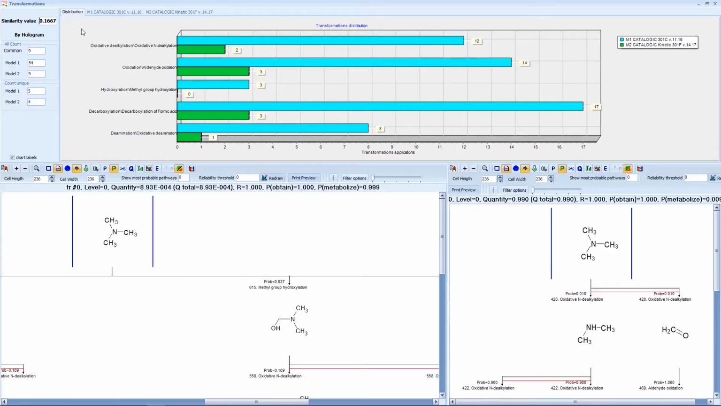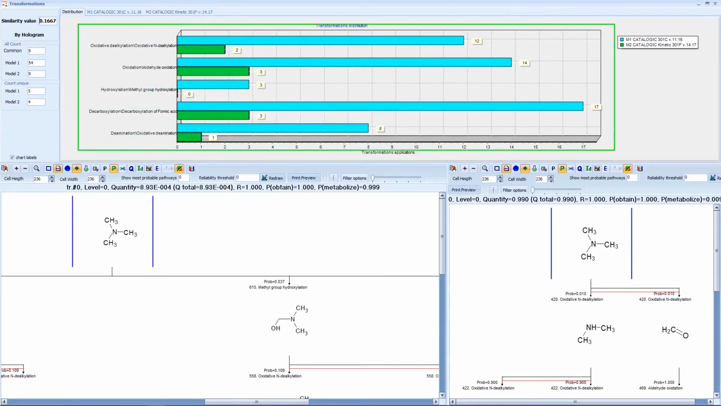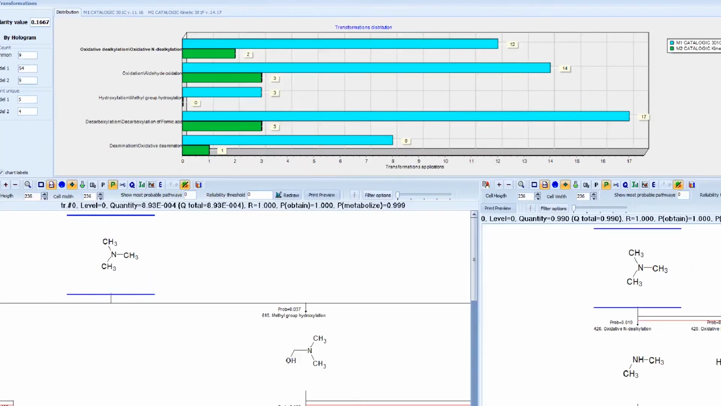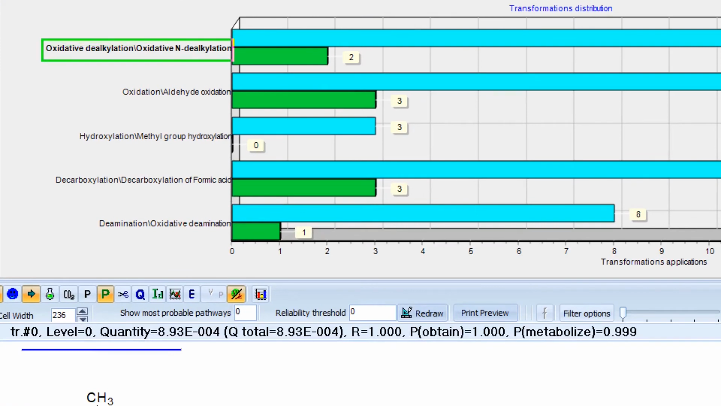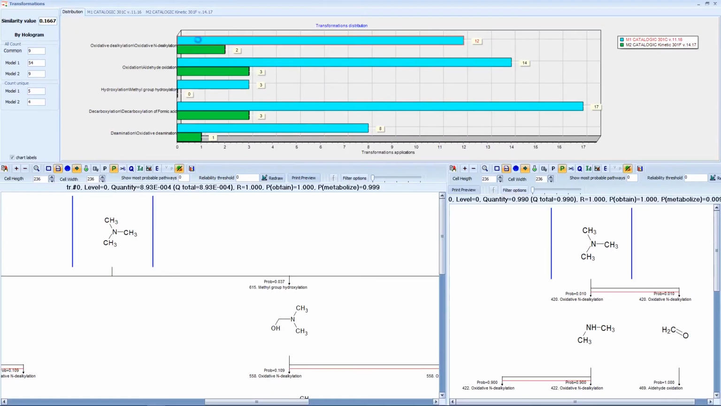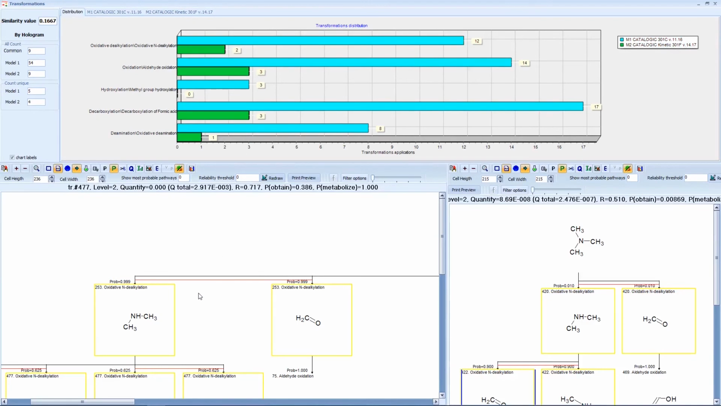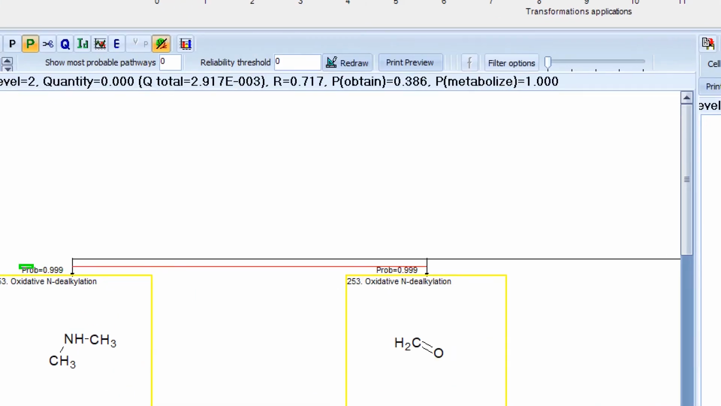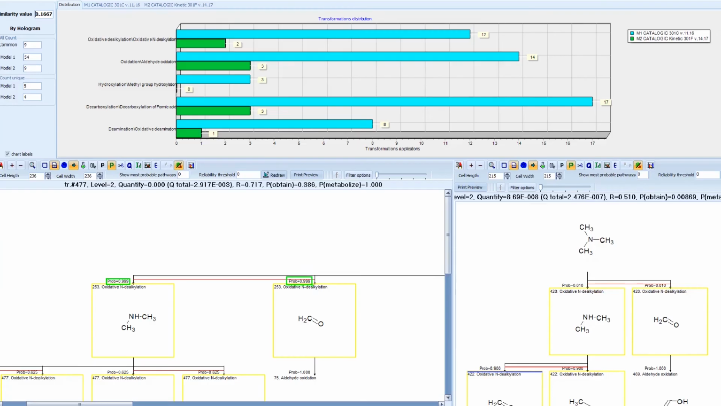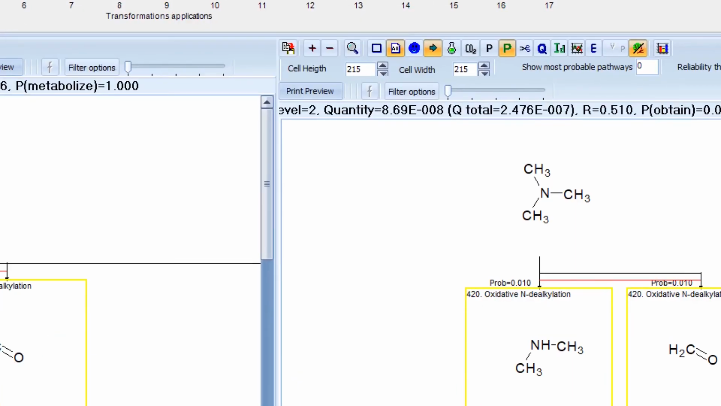The bar diagram shows that although the same transformations are occurring in both simulated maps, the application frequencies of these transformations are different. Moreover, the same transformation, for example oxidative N-dealkylation, has different probabilities of occurrence in compared models. Probability almost 1 in the Catalogic 3.1C model, and much lower probability of the same transformation in the Catalogic 3.1F